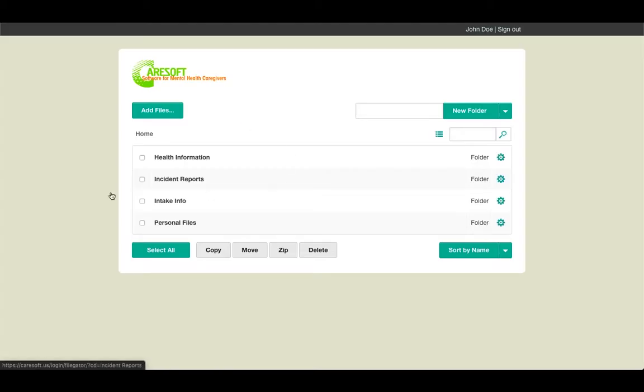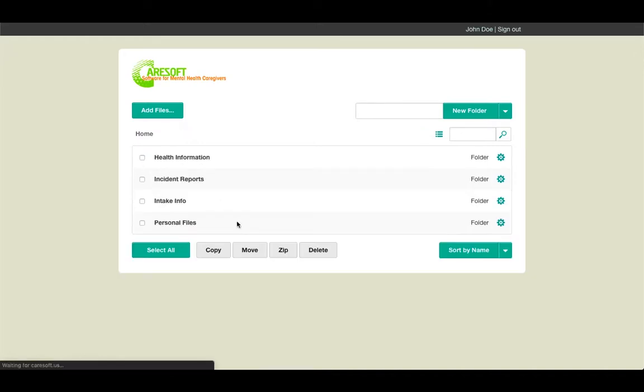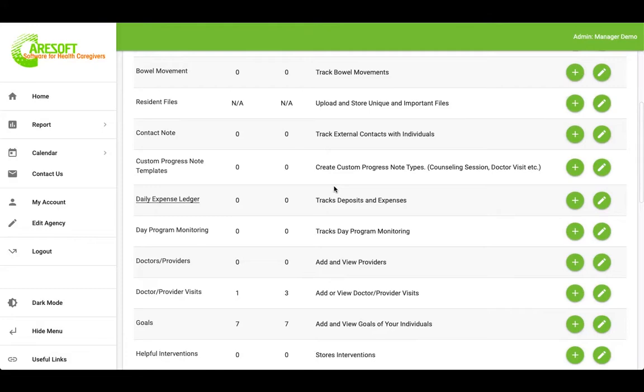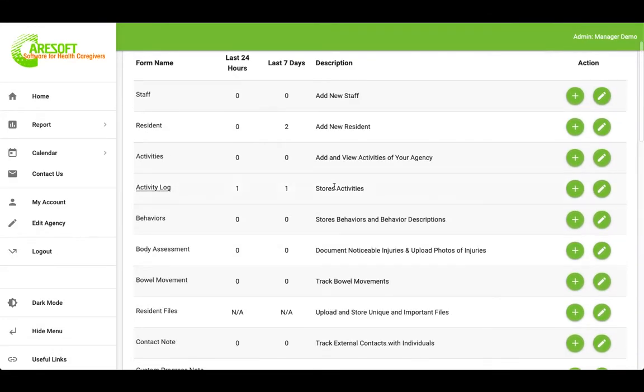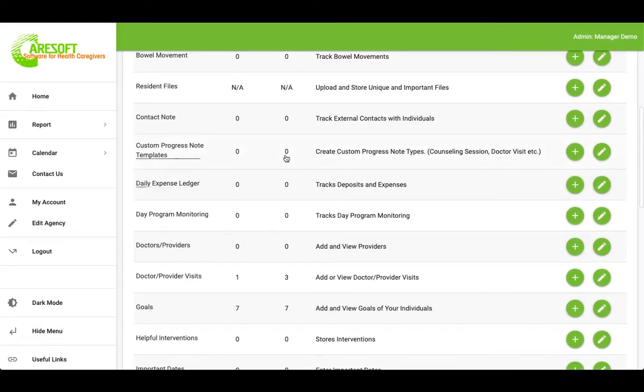John now has a complete file. This is a file management system, a separate file management system that you can use. You can add new files, new folders, delete files, etc., and manage that entire thing in our file system. Okay. So let's go back and see, we've talked about resident files, contact notes you can track,